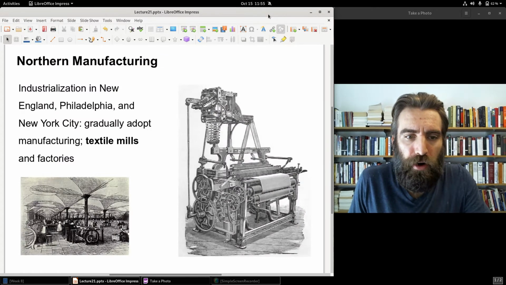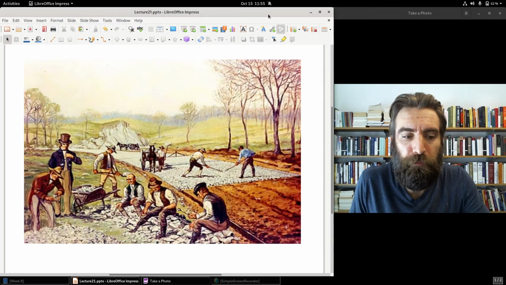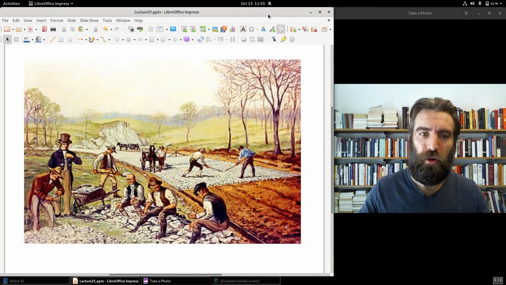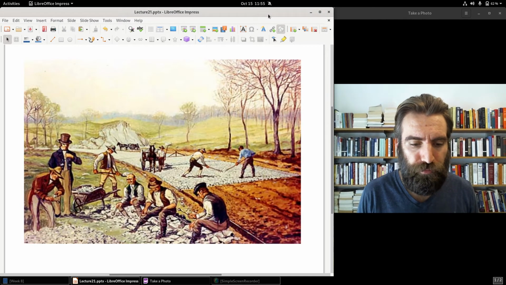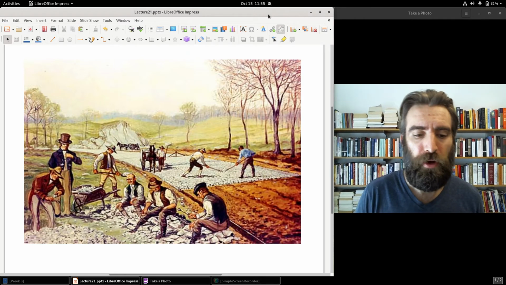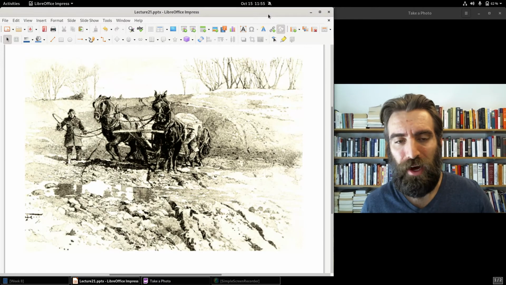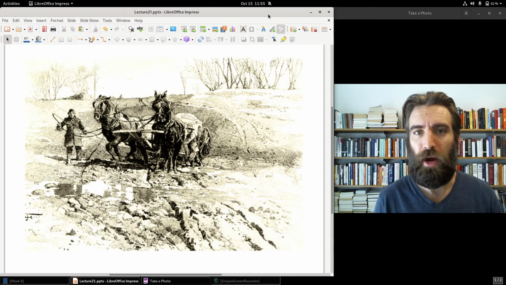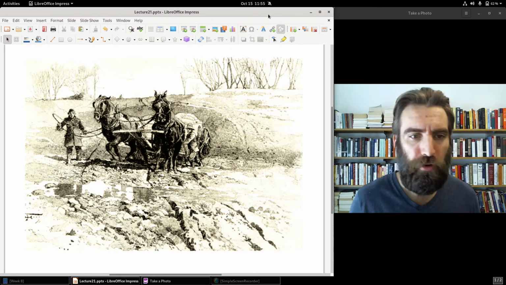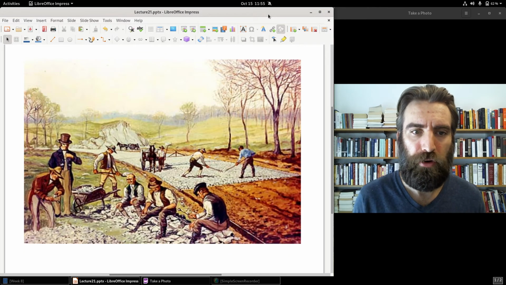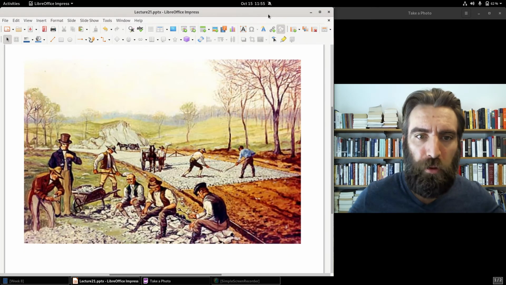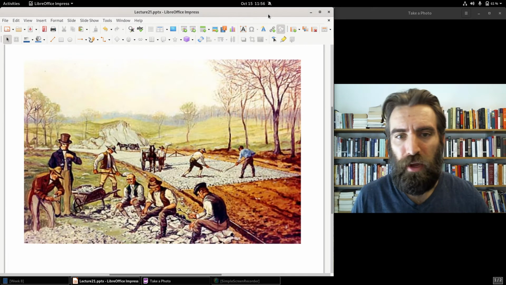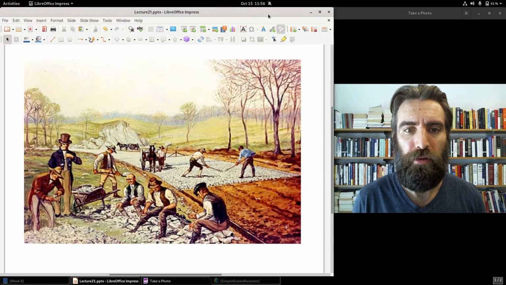And then there are infrastructure projects during this period. Road construction or turnpike construction. Roads are built all across the United States. And this reduced the cost of wagon hauling. Before the construction of these roads, it was very time-consuming and difficult to travel any sort of long distance at all. But now with the construction of roads, travel within the United States, even at long distances, is a bit easier.